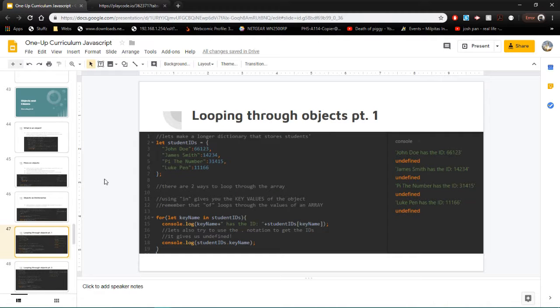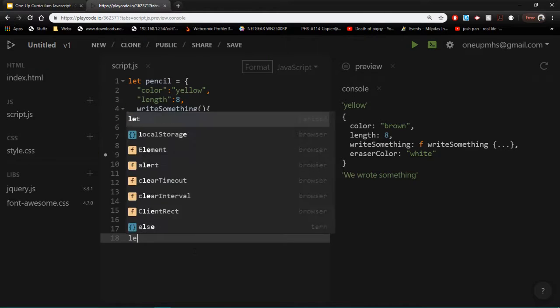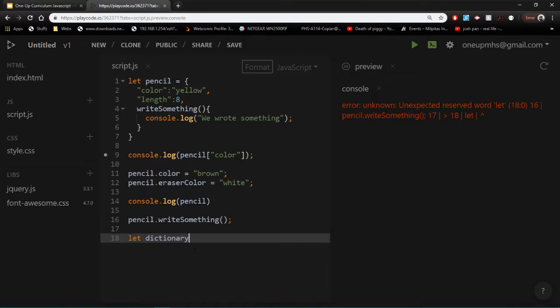So what's next? Well, we can also loop through objects. Actually, let me describe objects in a different way before we start looping through them. Let me skip this example and I'll just type it out in the code. So when I say we can access objects like a dictionary, it's just like this. When we type in let dictionary,